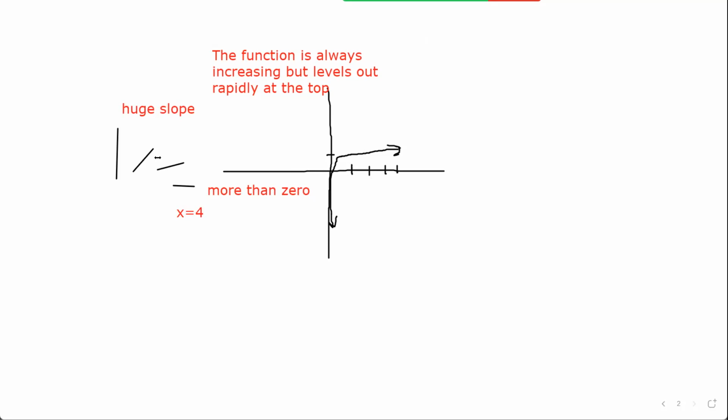So as x increases, and this is where I misspoke, the function is increasing, but the slope is decreasing. So we need to look for a function, because we're looking at the derivative. The original function is always increasing, but the derivative